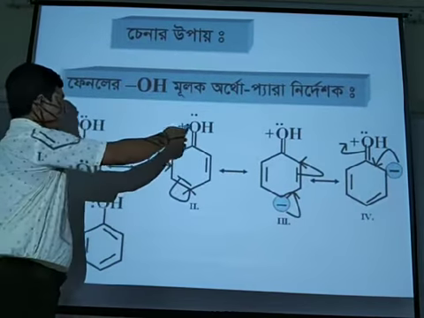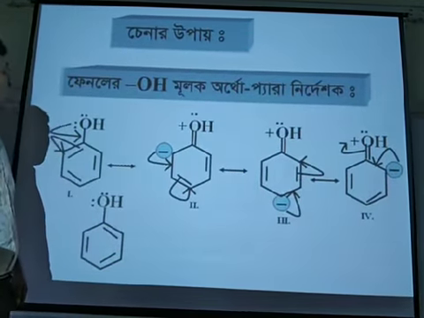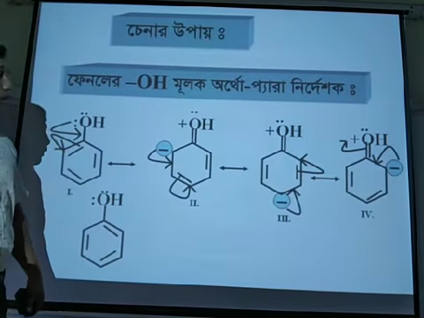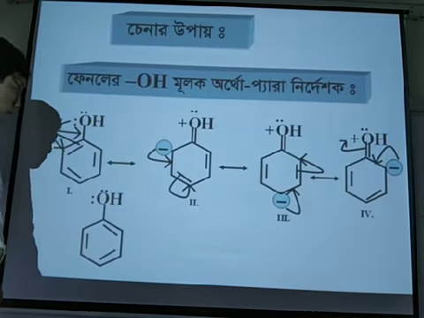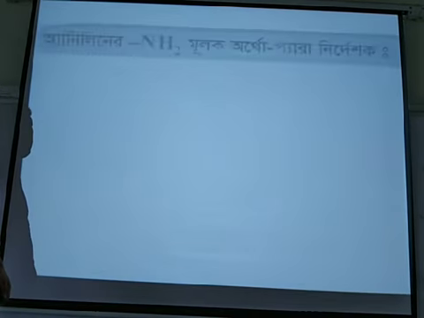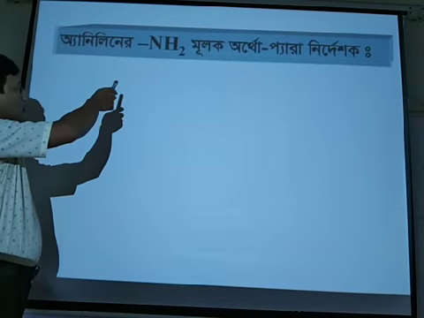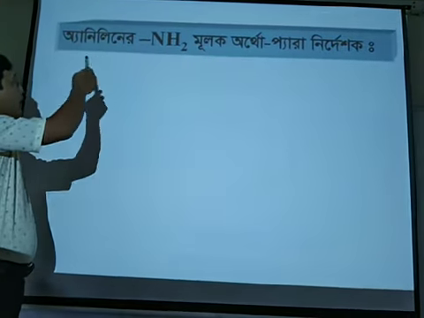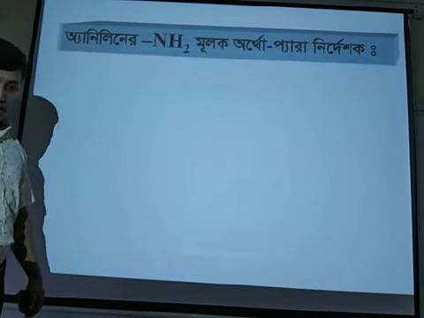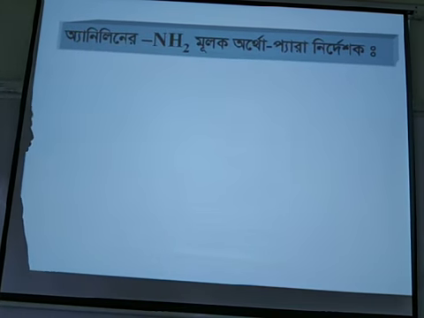That means we can say that the hydroxyl radical of phenol is known as an ortho-para indicator. So dear student, in the same way we will discuss how the amino radical of aniline acts as an ortho-para indicator. Now see the resonance structure of